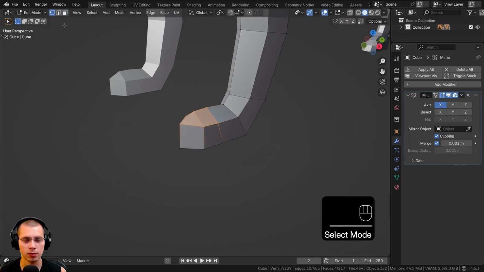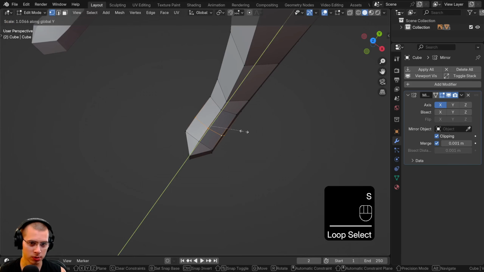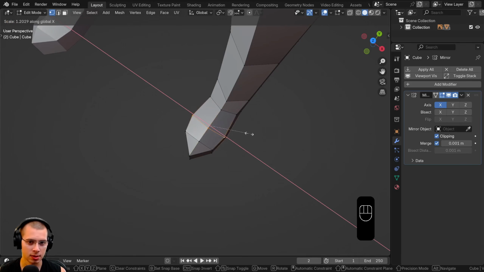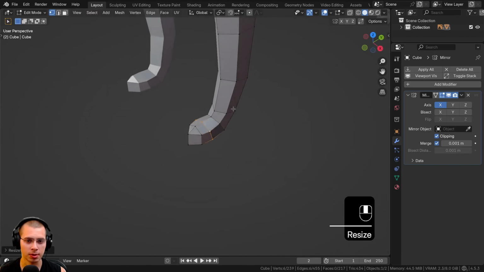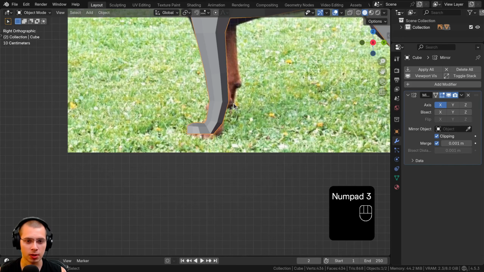Maybe we can go to the vertex select and then hold down the Alt key and select that loop of vertices, and we'll scale the loops on the X-axis. So scale it up like that so it's a little bit thicker. All right, let's go back to object mode, and let's go to side view by hitting 3 on the numpad,